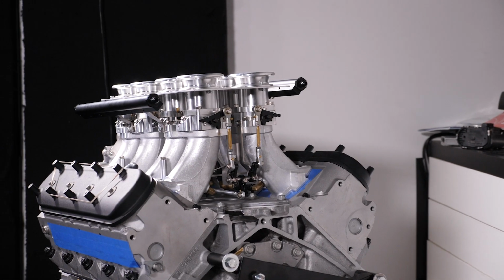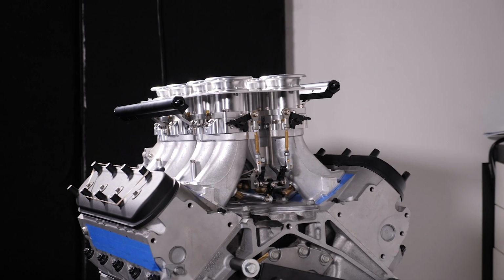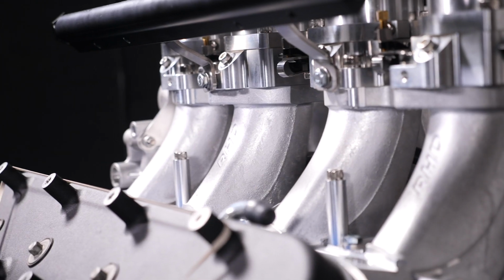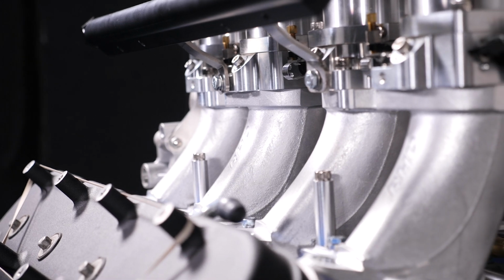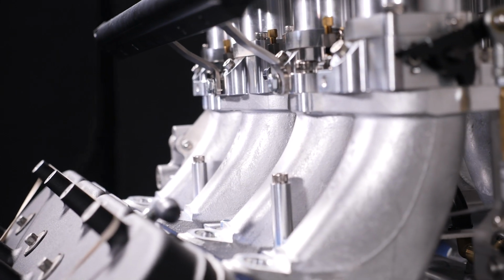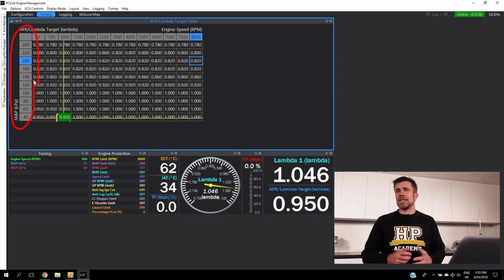When we've got individual throttle bodies though, our manifold pressure signal is first of all harder to get. We need to get that manifold pressure signal from all of the throttle bodies, 4 throttle bodies on a 4-cylinder engine, for example, and we need a balance tube to give us that signal averaged out. Even when we've got this though, we still can't do a really good job of our fuel tuning using that MAP signal. The reason for this is that on ITBs, the MAP signal is no longer really a good indication